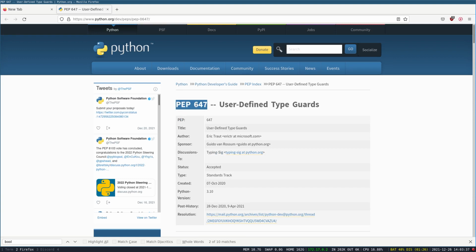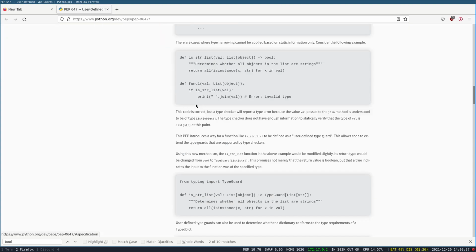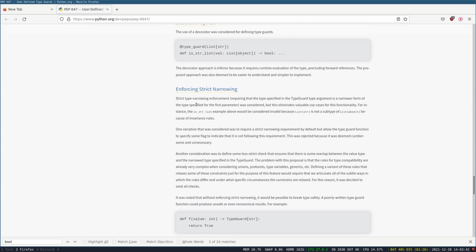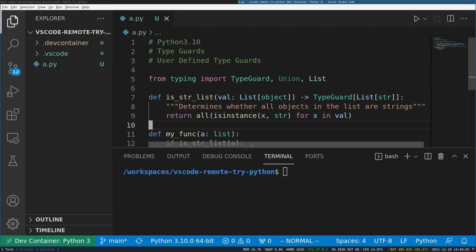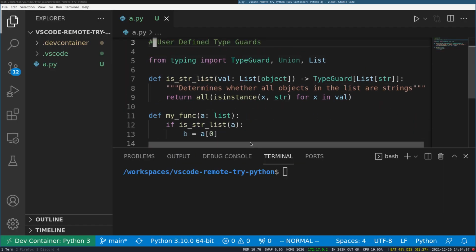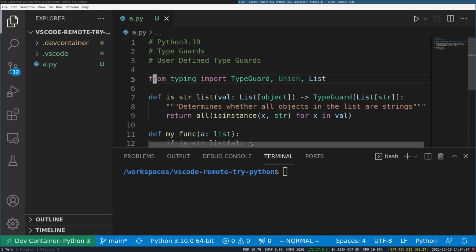Generally, for any feature you are going to use, it gives a context about why this feature is here and all of the rejected ideas. As you can see, there are a few rejected ideas for this particular feature. One of the ideas was to have this as a decorator, and they tell you the pros and cons and why they rejected it, and that is sometimes helpful to know. You generally get better at understanding why you should write features one way or the other. Yeah, so I will end the video here. See you in the next one.